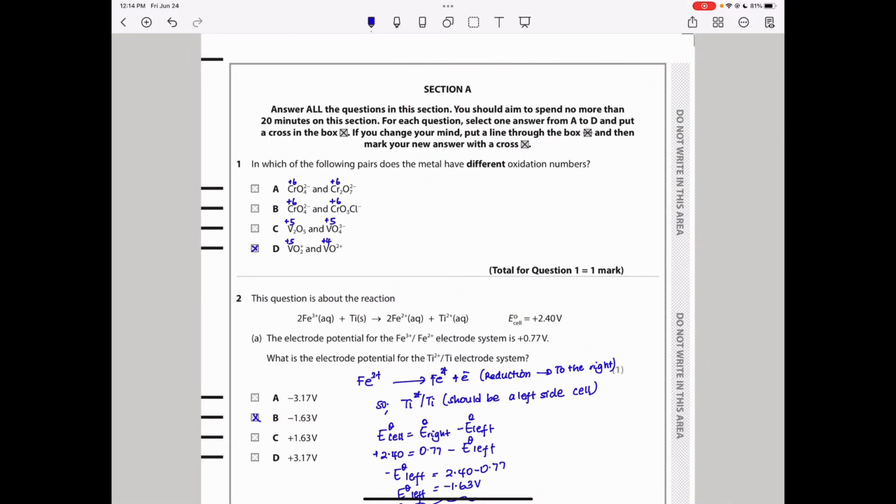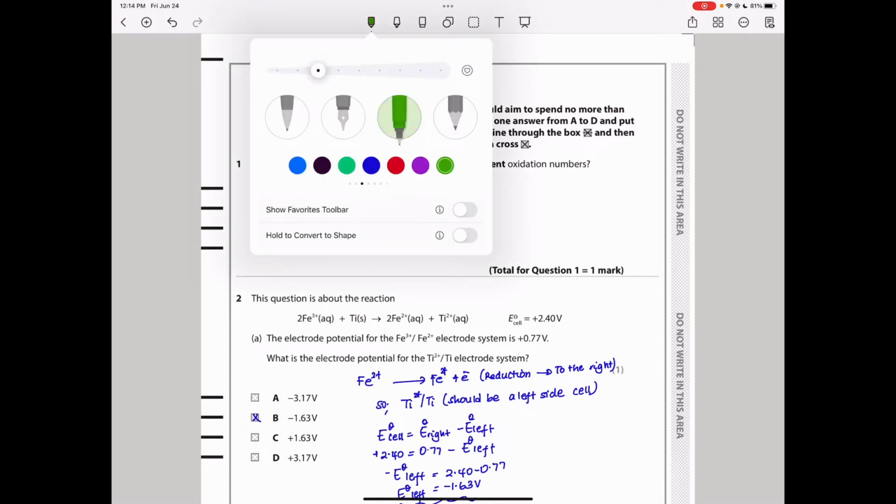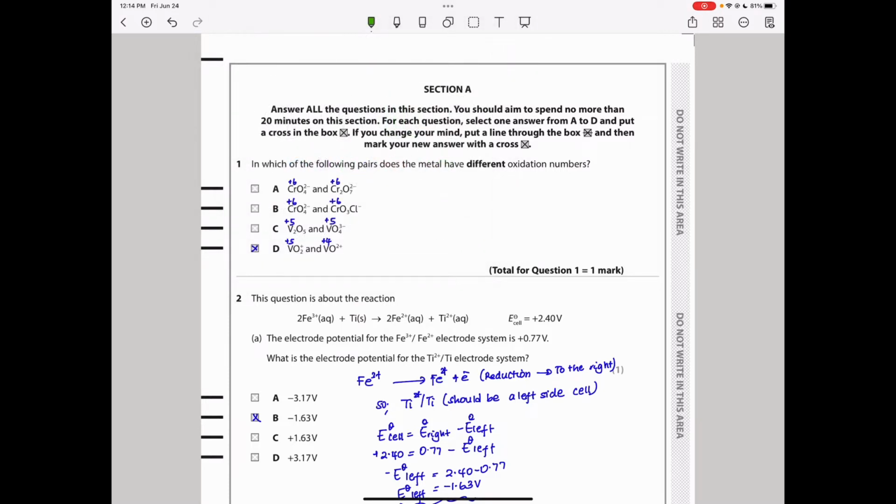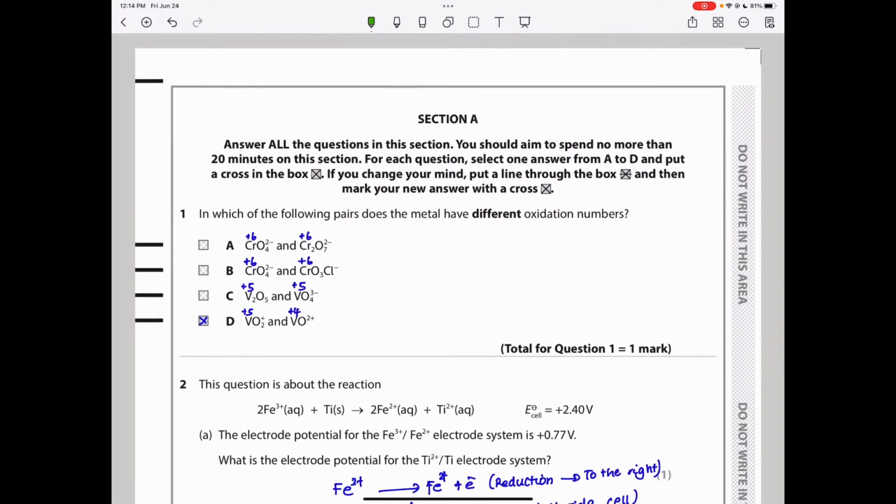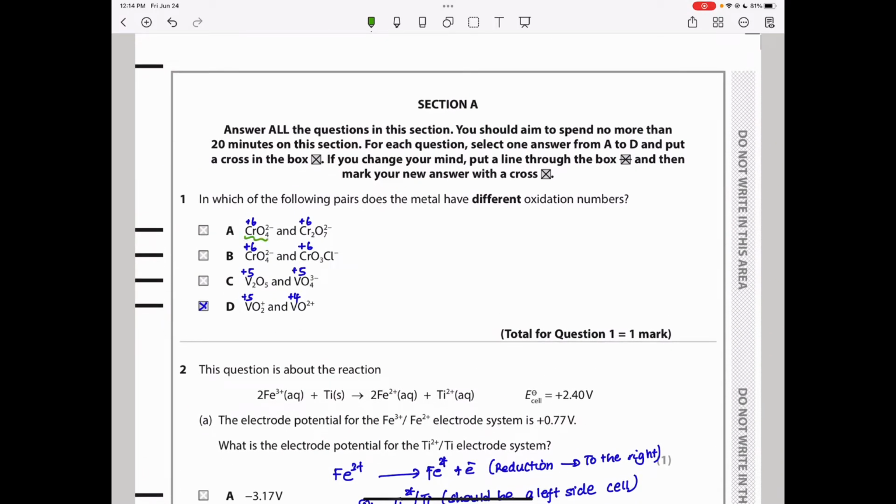The first question says, in which of the following pairs does the metal have different oxidation numbers? Looking at the oxidation numbers, this is chromate(VI), where the oxidation number is plus 6. If you do not know how to calculate the oxidation number, let me give you an example. Since we are looking for the oxidation number of the metal chromium,